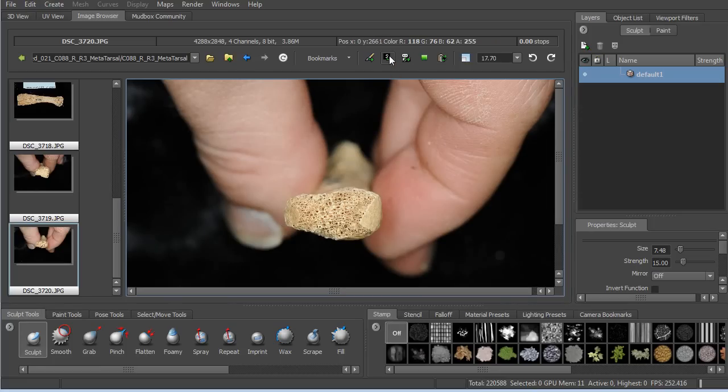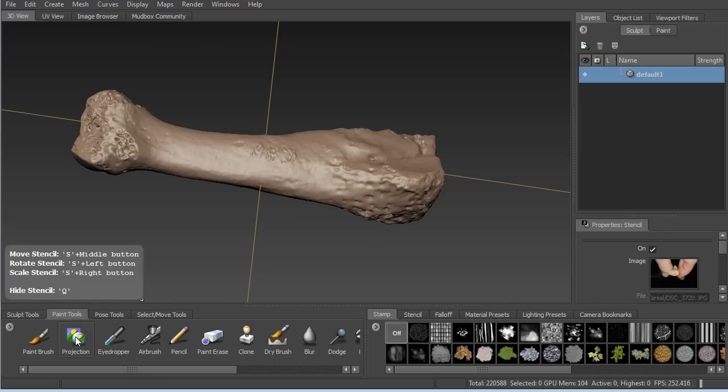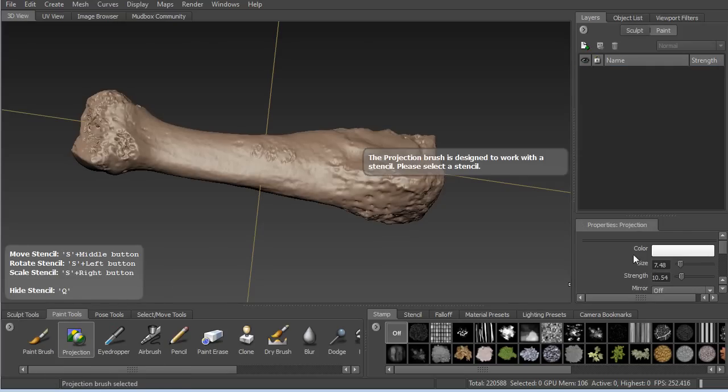So what we can then do is up here where there's these little boxes, we can use these for different things, like use it as a paintbrush, use it as an image plane, but for this we'll be using it as a stamp, so this little S icon. So we'll click that, and you'll notice down here in the right, in the properties, the stencil, sorry, not the stamp, the stencil properties, you can see the image there, so we know the image has gone across the stencil. So now in the 3D view, in the paint section, we'll be using a projection, and because we have that stencil selected,